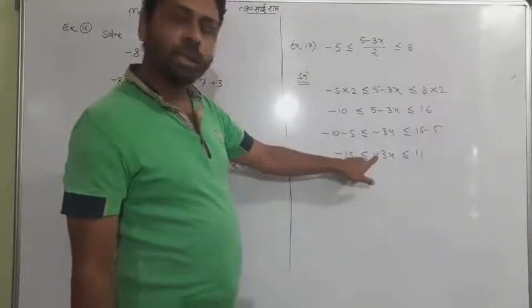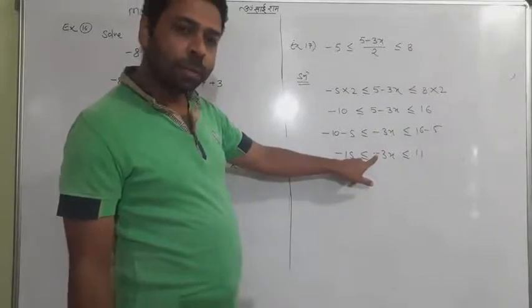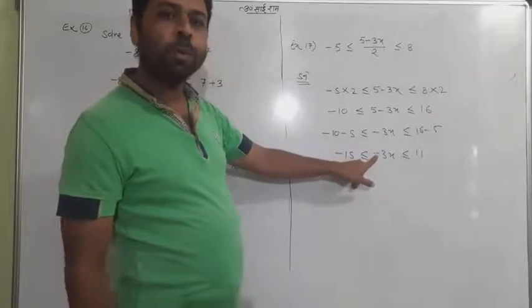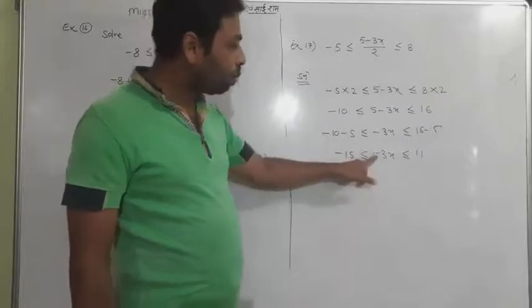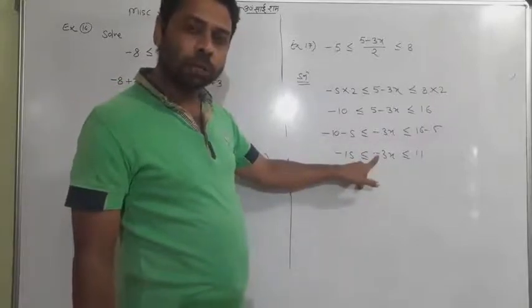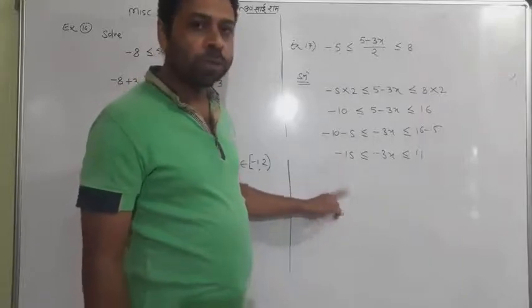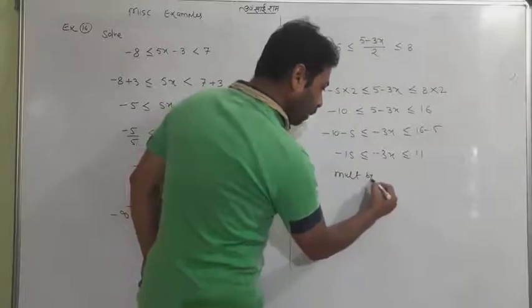Now the minus sign is actually the problem. In the case of inequality, the minus sign holds a very important place. So whenever you want to remove the minus sign, you have to multiply by minus in all the terms. It cannot be simply transferred, like minus will transfer here and become plus. Please don't do this. In case of inequality, you will write multiply by minus sign.